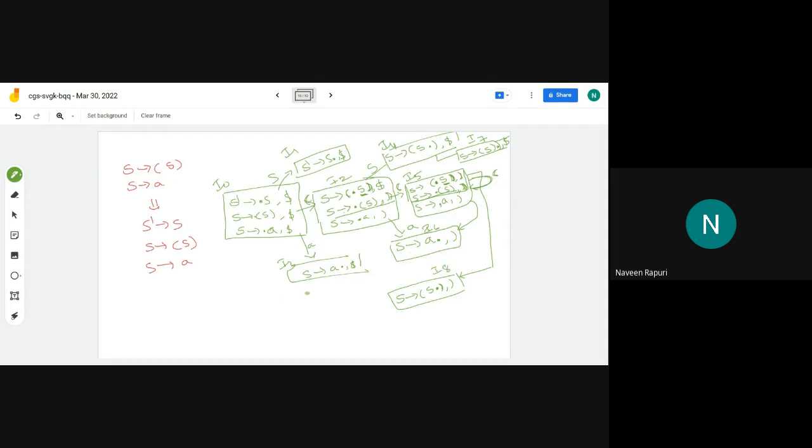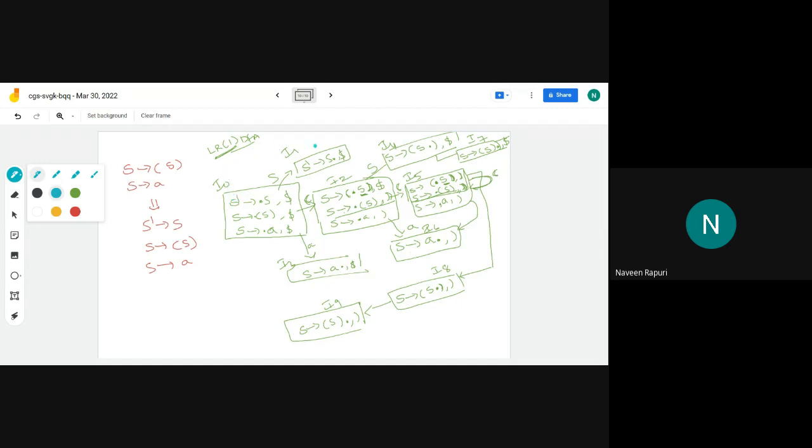I8. Now by expanding this one, we will get S derives open parenthesis S dot comma close parenthesis, I9. So finally we are having 9 number of states in LR of 1 items DFA. We are having 9 states. In these, we need to check what are the similar. Sir, suppose if we see I0